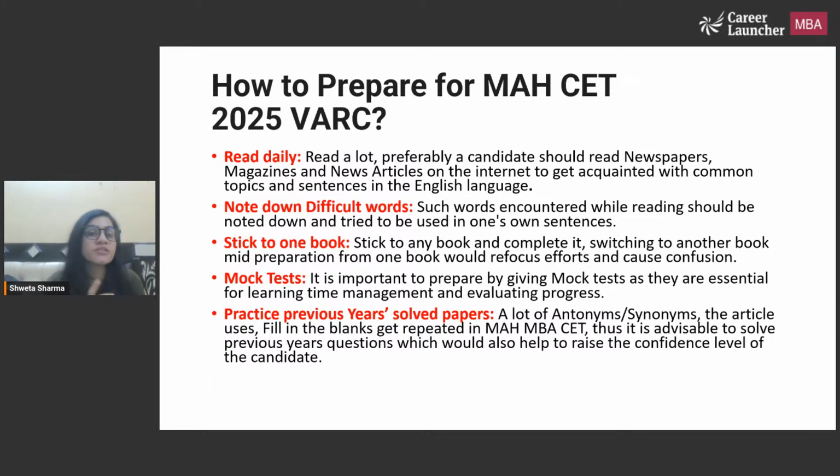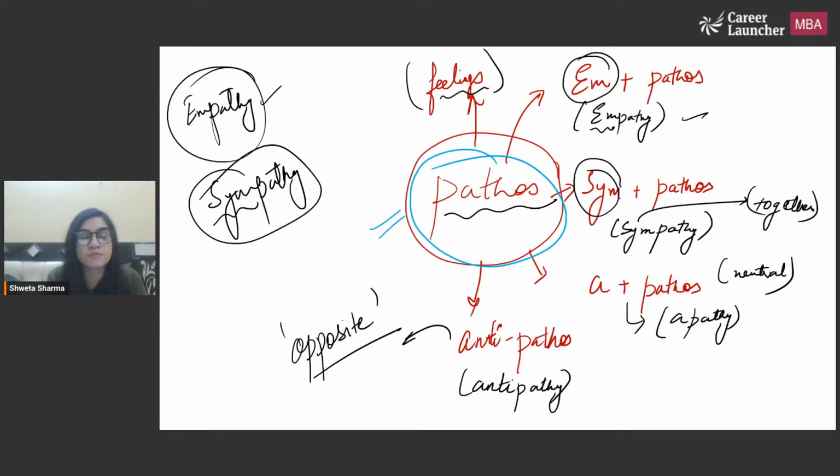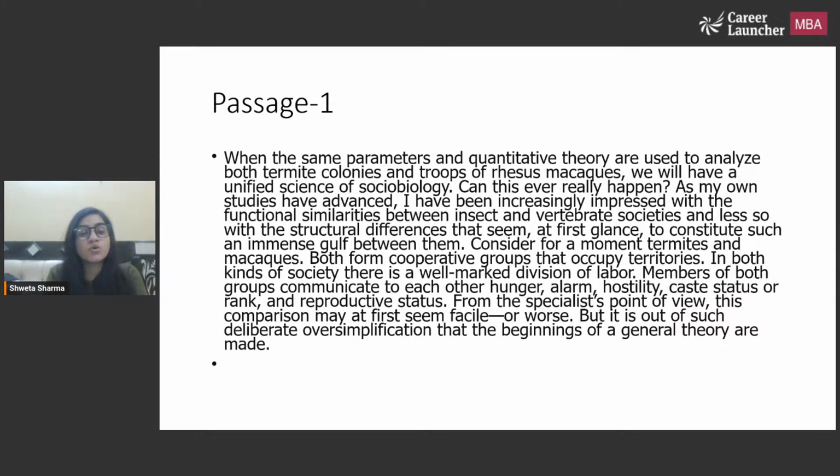So very important to read regularly, noting down your difficult words or the concepts you want to, taking up mocks, and also practicing the previous year's solved papers. Okay. Now, just to take you through one of the passages which appeared in previous MAH CET exams,